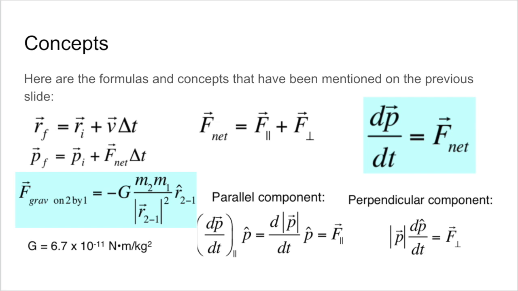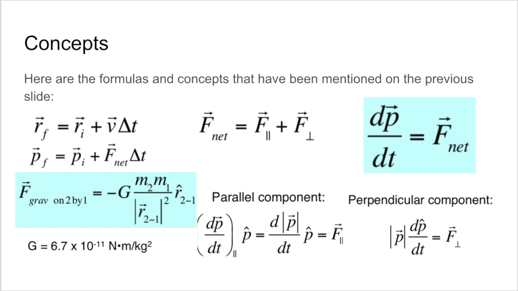We are then able to apply this to the force using the momentum principle. F net equals change in momentum over change in time, and can break the force into perpendicular and parallel components. Also, since we made the assumption that the black hole is the only object acting on the star, the net force in our experiment is going to be the gravitational force of the black hole on the star. We can use this force in the gravitational force equation to solve for the mass of the black hole. We also utilize the position update and the velocity version of the momentum principle to obtain values for the momentums